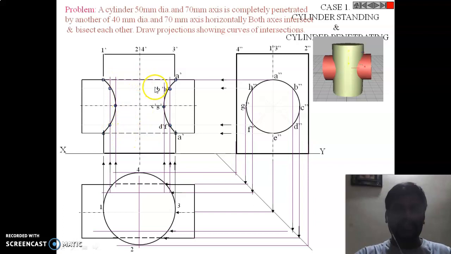Draw a thick continuous line here and here above the rectangle, this rectangle part. That means you see only this part of the rectangle here and even this part of the rectangle, and this is nothing but the curve of intersection. When both are intersecting, this is our answer, the curve of intersection. Whereas these two lines are not visible, why? Because that is within the inside, which is hidden. That's the reason. So when it is hidden here, even this will also be hidden here.